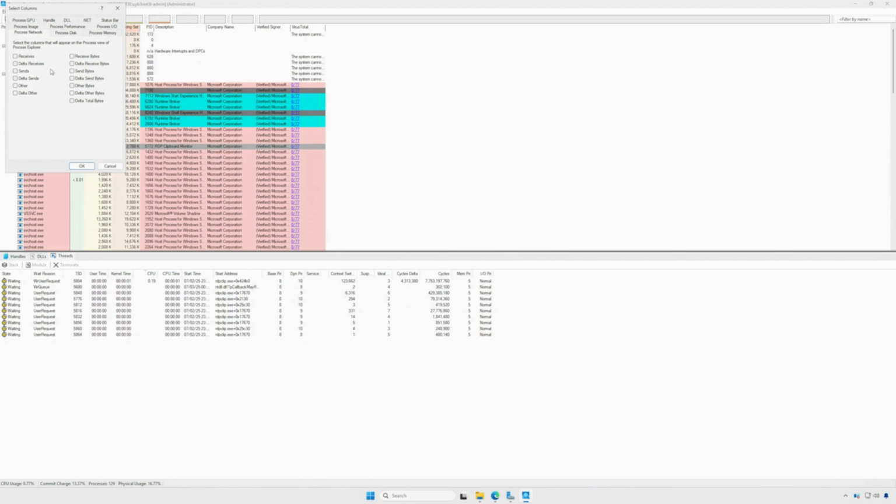To begin, we enable the receives and sends columns in the main Process Explorer window. These provide a real-time count of network packets or connections, helping us to quickly notice unusual communication patterns indicative of malware, data exfiltration, or command and control activity. Concurrently, we enable the receive bytes and send bytes columns to quantify the volume of data transferred. This is particularly useful for identifying data exfiltration attempts where large amounts of data are being sent out of the